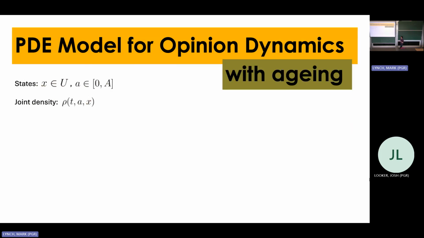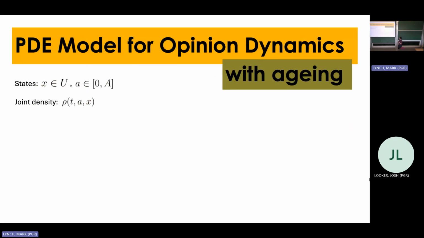We now have two states, the opinion X and the age A. This U is just still -1 to 1. I'm just calling it U because it makes the notation later nicer. And ages are between 0 and a maximum age A. 0 doesn't have to actually be a person being born. It's just the age at which people enter the discussion on whatever the topic is. And that maximum age A is fixed. We assume that everyone lives until that age and then dies and then re-enters the population at age 0. You can have instead that people die randomly, and you can tweak this model slightly to account for that.